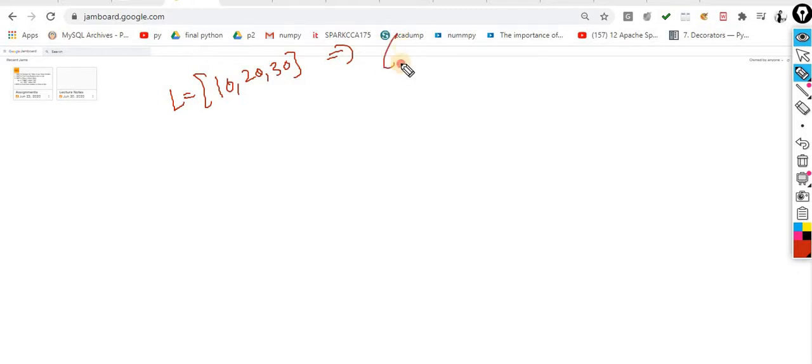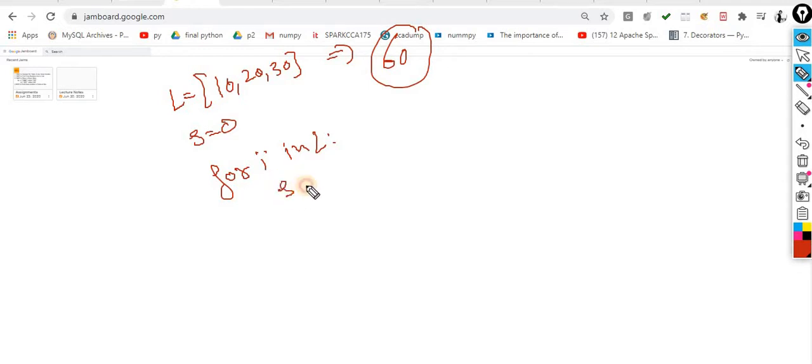Total bill is 60 rupees. So I have to perform this logic, the sum of all the elements of this list. I am taking s is equal to 0, very simple, for i in L, and then you have to do s is equal to s plus i, and that's it. You have to print s. This is the concept of the cumulative sum we already discussed.